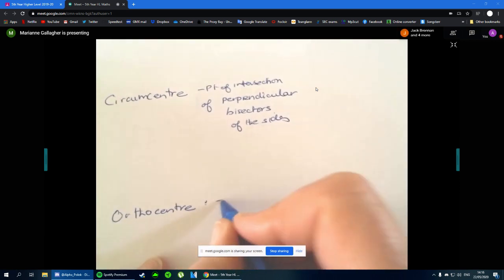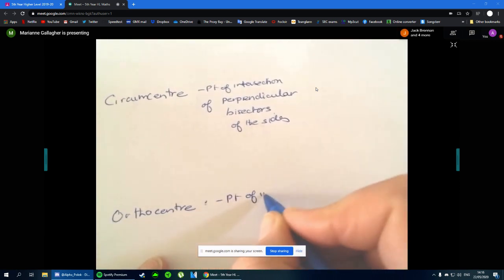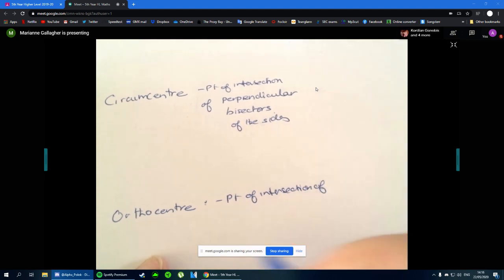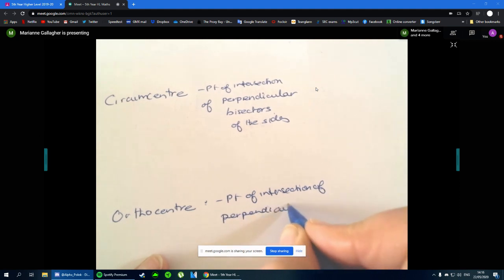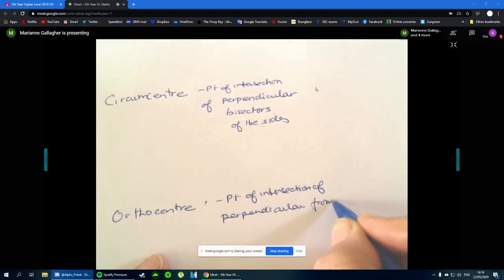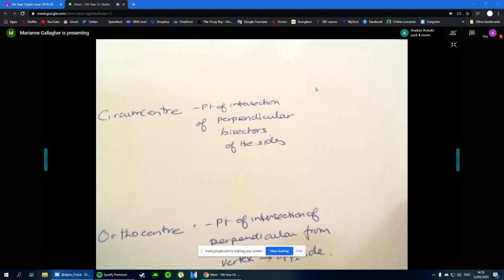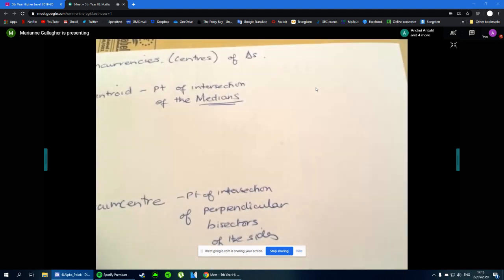And this one is the point of intersection of the perpendicular from a vertex to the opposite side. Okay, and I'll do a little video with the 3 of these, but just to show you what I mean,